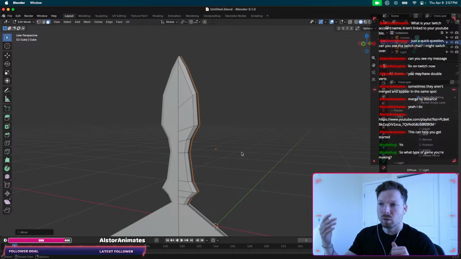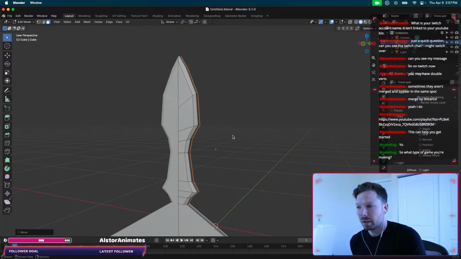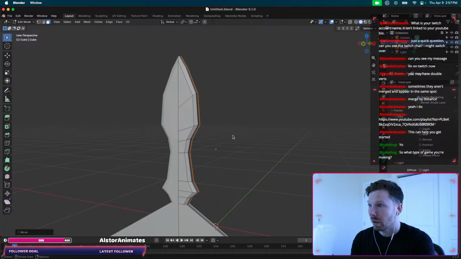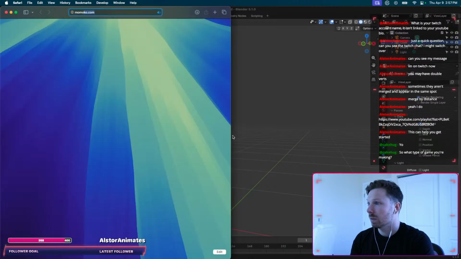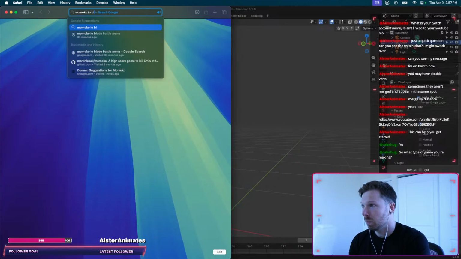And then he's like, oh, let me check out this game, you know? Creating like an ecosystem. So, back to your question, what type of game I'm making: right now I'm just trying to improve Momoko, the game that I already have. Shoot, I didn't actually leave it on. I showed it earlier. If I go to Momoko.io Blade Battle Arena,